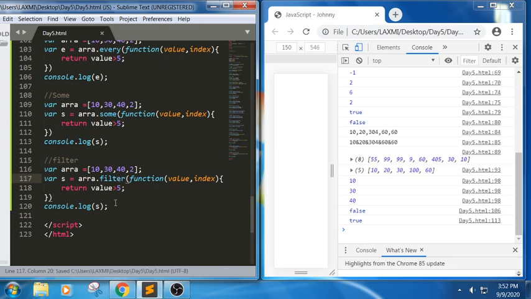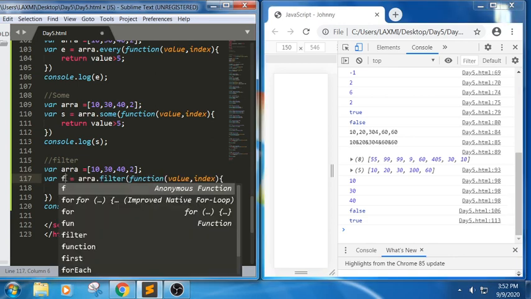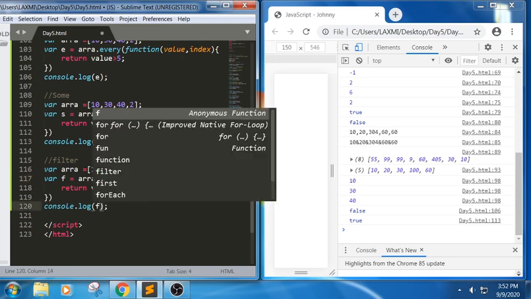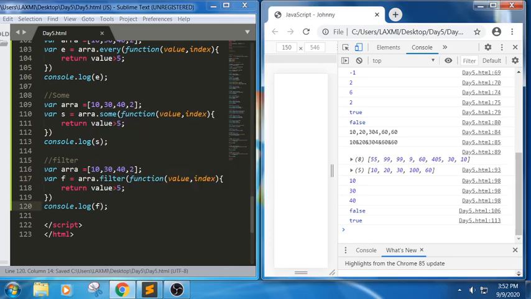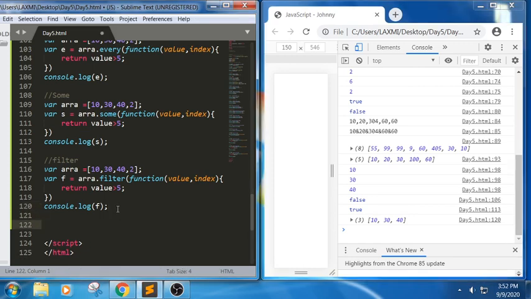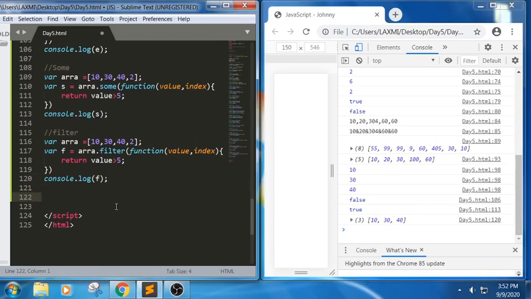In this filter, I am writing greater than 5. Very good. Let me write 5, and I am changing the variable name in order to understand, so for each and every value it will parse, and see here it is creating a new array with whatever values are greater than 5. So filter creates a new array based upon this condition.